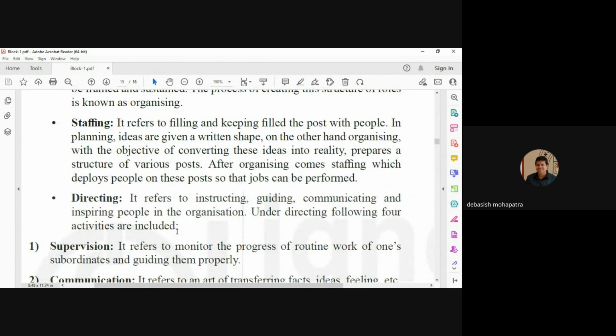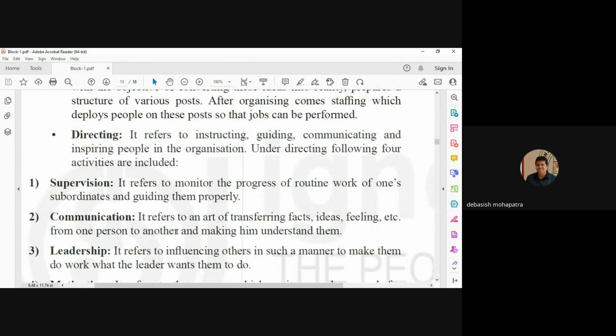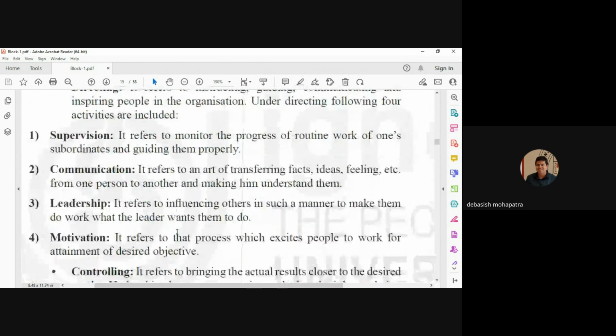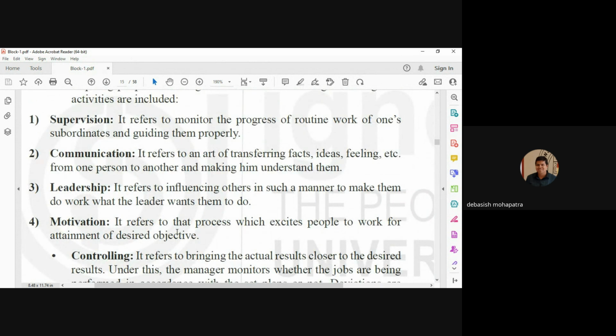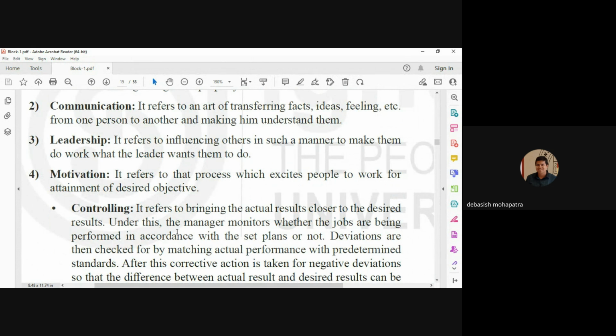and carried out smoothly. Then is directing, it refers to instructing, guiding, communicating and inspiring people in the organization. Under directing, the following 4 activities are included. Supervision, it refers to the monitoring of the progress. Then communication, it refers to an art of transferring facts, ideas, feelings, etc. Then leadership, it refers to influencing others in such a manner as to make them do what the leaders want them to do. Then motivation, it refers to that process which excites people to work for attaining desired